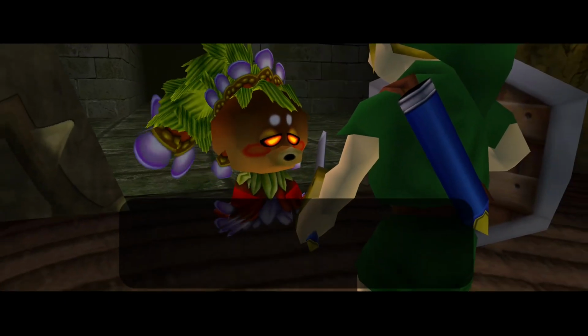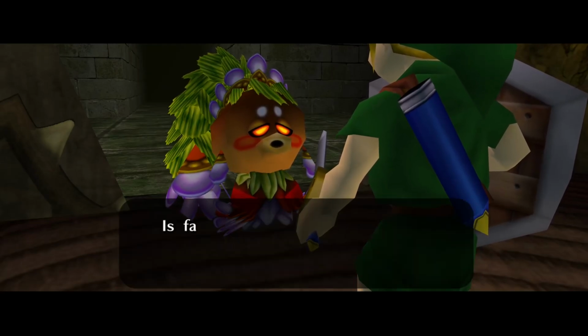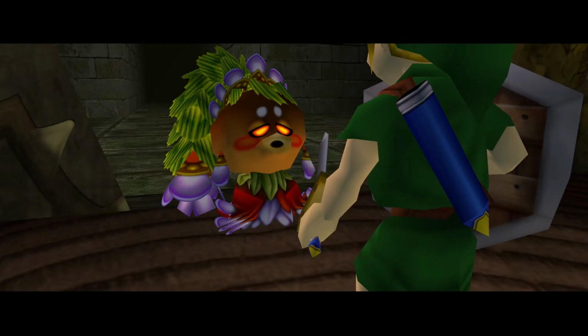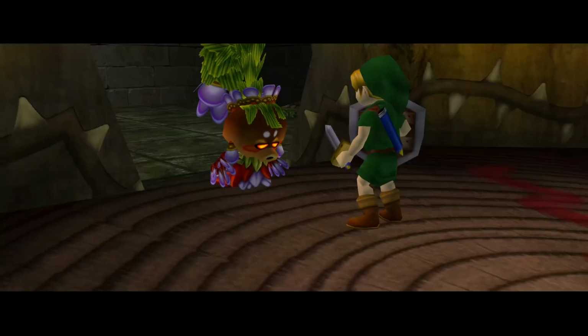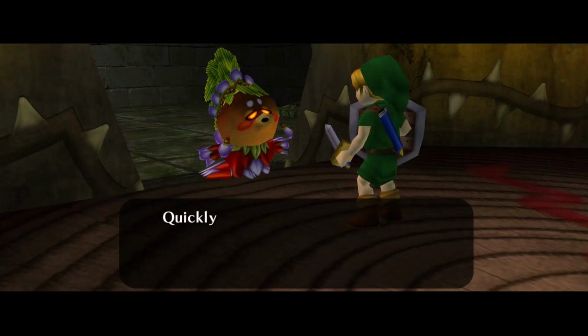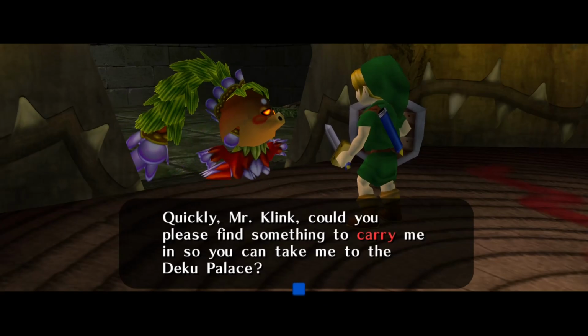Ooh. Don't tell me. Are you serious? Is father actually doing that? Yet another hasty decision, father. Well, we haven't any time to lose. Quickly, Mr. Clink, could you please find something to carry me in so you can take me to the Deku